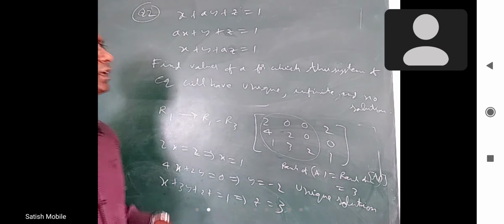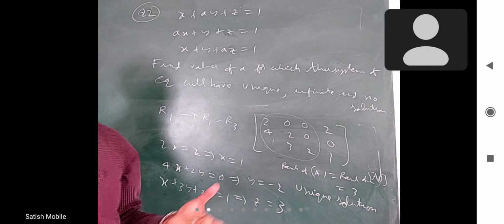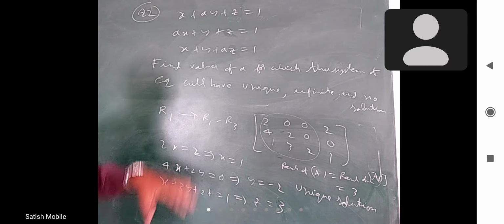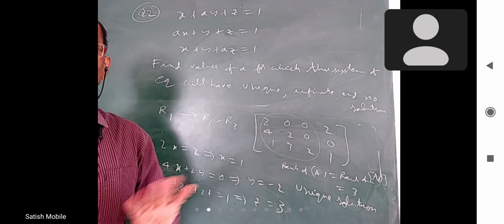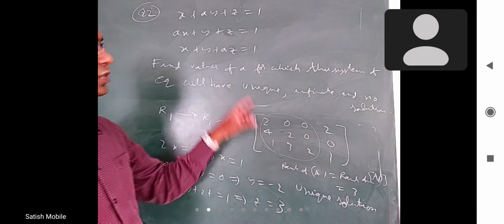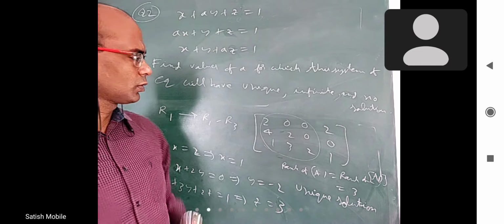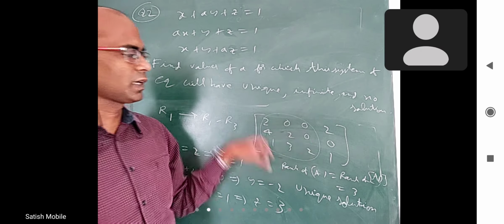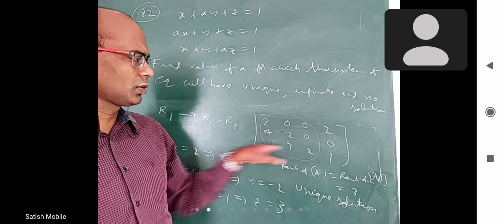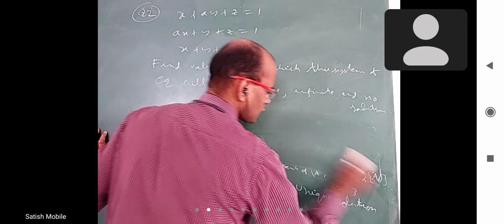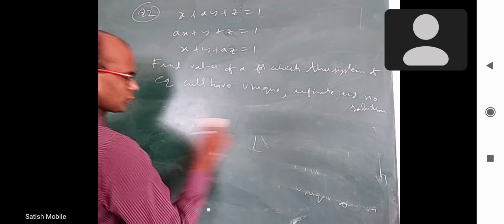For example, if I take a value as 3, this equation may have a unique solution. If I take a value as 5, this may have infinite solutions. When I take a value as some 9, it may have no solution. So we have to find about that. In the previous question, there is no a. All our numbers are given. You have to write the 3 by 4 matrix, convert these into zeros, find the rank of this and the rank of the total. Usually, all in one row, we get everything zeros from that, we will make out. I should take another example, but it's okay, not an issue.